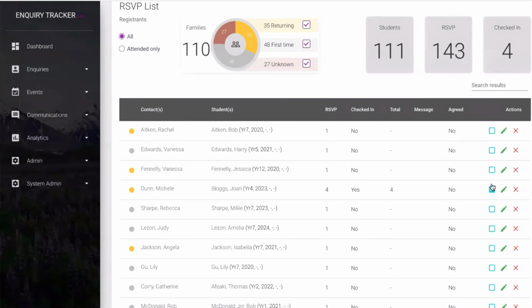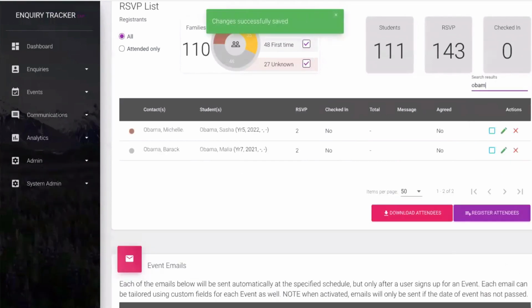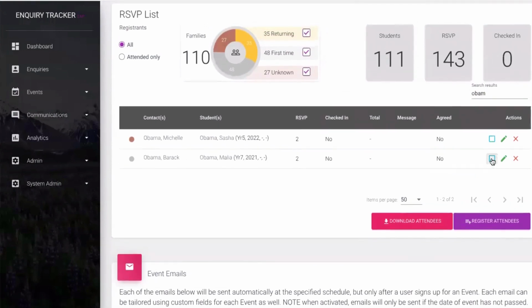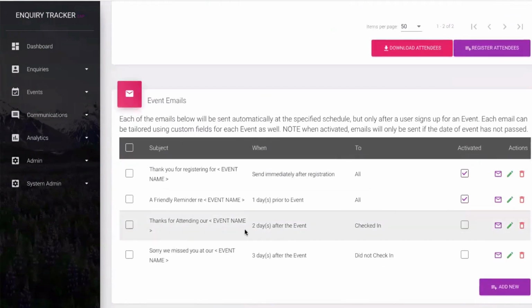So you would do that. Or if you need to quickly find someone, I could just turn that off, and I'll just do the Obama family, and I could just say, oh yeah, there's Barack Obama. We can check them in. There were 2 of them that turned up, and there they are, they've checked in. And if I had Michelle, I've got another 2, now it's 4. And so once they're checked in, after the event,